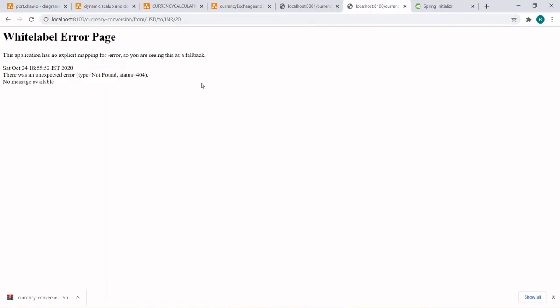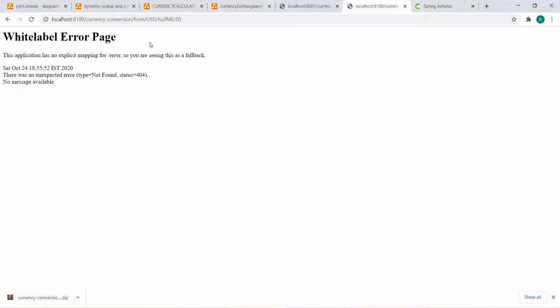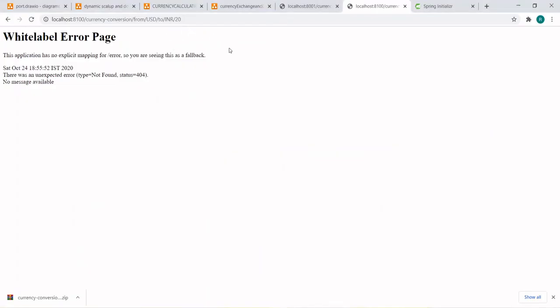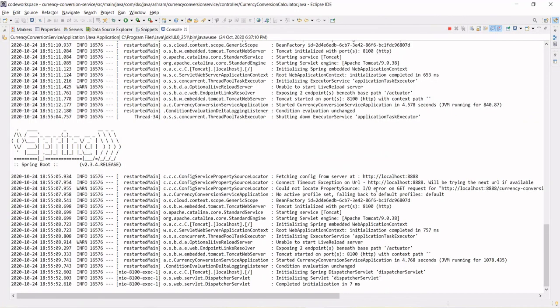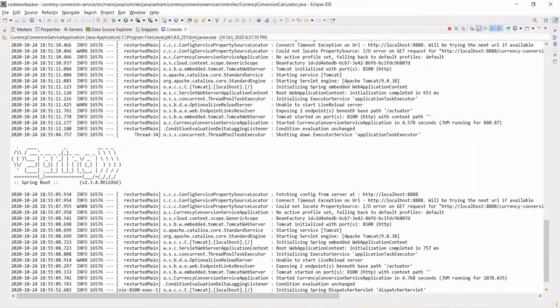What is the error? 8100 mapping, currency conversion from USD to quantity, right? Let's see in the console if any error is coming. It's started, why is it not coming? Something wrong here.